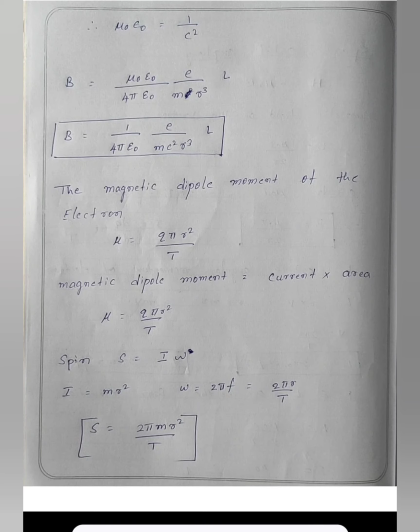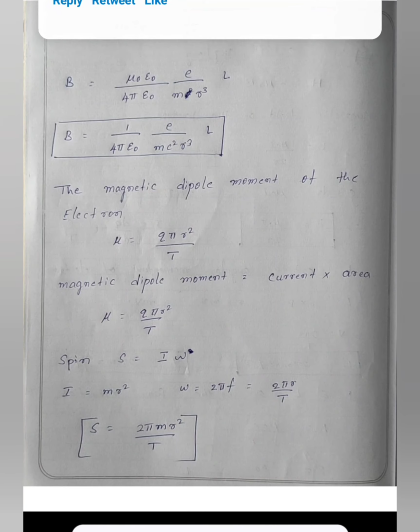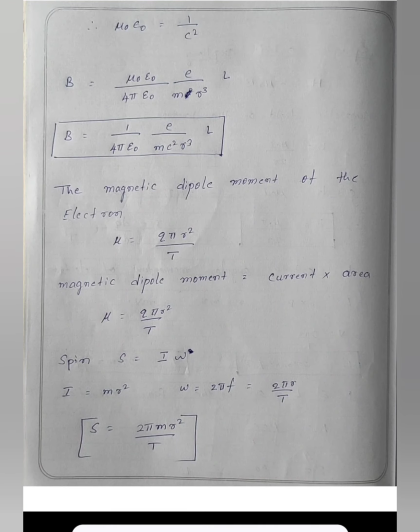Next, this is the magnetic field. Next we calculate the magnetic moment due to the spin of the electron. The magnetic dipole moment of the electron. From the definition, the magnetic moment is equal to